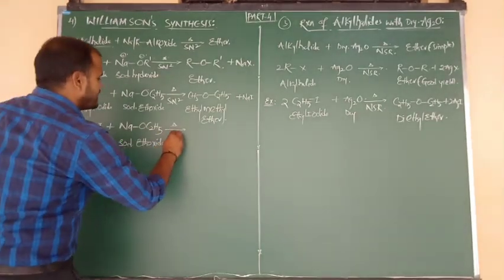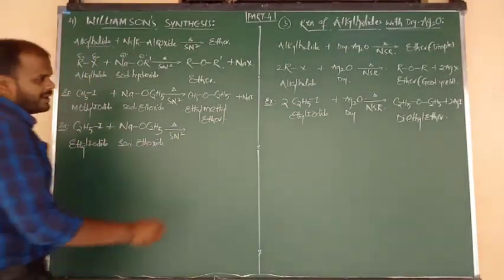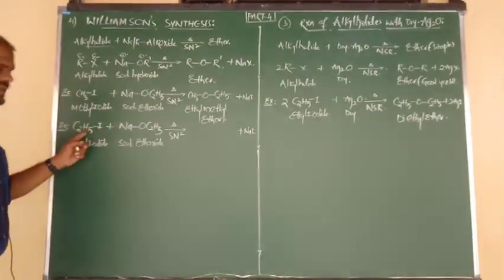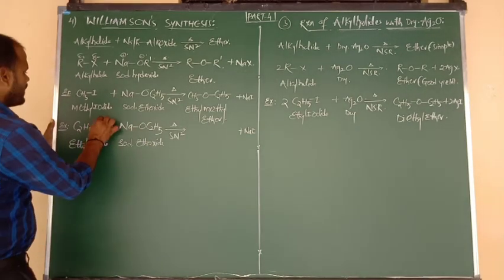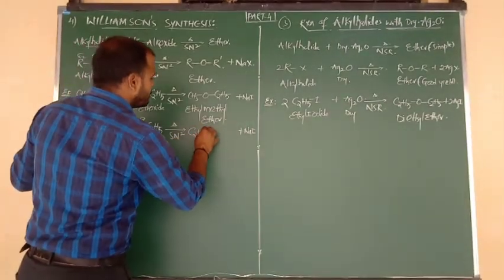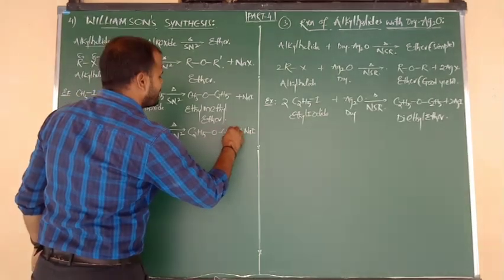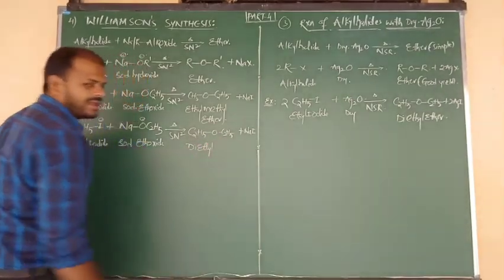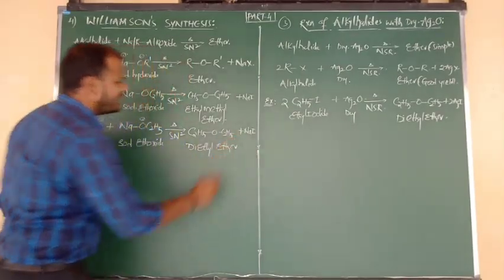it follows the SN2 mechanism and forms the product. Sodium combines with I minus and is eliminated in the form of NaI. I minus is replaced by the ethoxy ion. So we can write the product now: C2H5 bonded to O, O connected to C2H5. So here two ethyl groups are there. Now we can write the name diethyl, and the functional group is in ROR form, that is, ether.